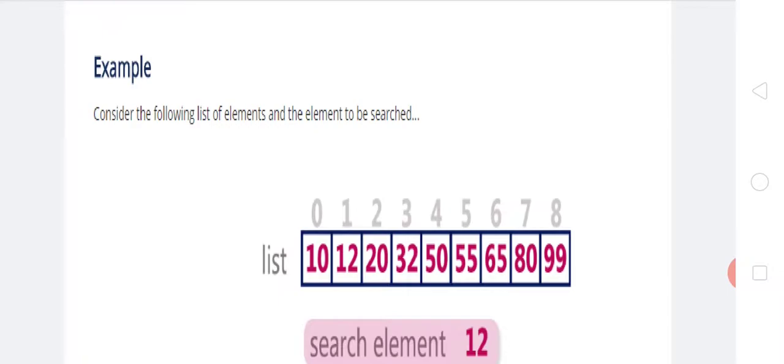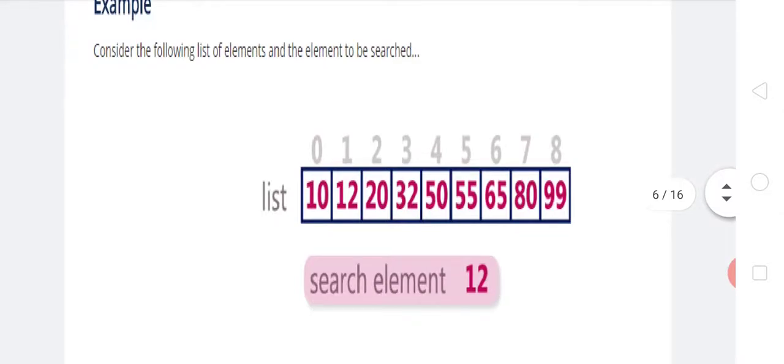Now we can see the next point, which is an example. This is an example of binary search. Consider the following list of elements and the element to be searched. Here one array is given. The array contains the elements 10, 12, 20, 32, 50, 55, 65, 80 and 99.